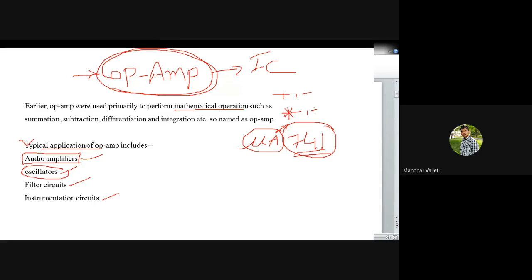Oscillator means just a waveform generator. Whether we want a sine wave or square wave, those signals will be generated. Filters, there are different types of filters. Means a particular range of frequencies is allowed or stopped by these filter circuits. An instrumentation amplifier is to detect very low amplitude signals, and it has some specifications. Anyhow, we don't need to discuss the instrumentation amplifier much. Our focus here is discussing the operational amplifier. So these are some of the applications of the operational amplifier.